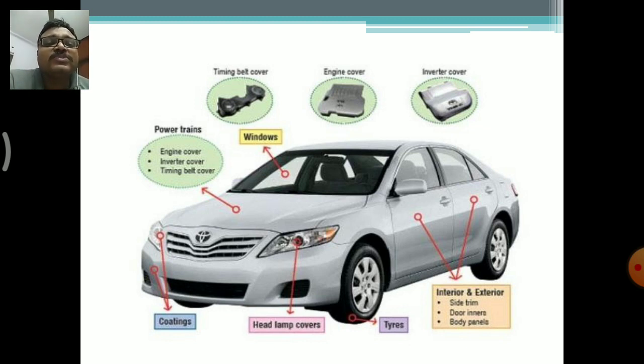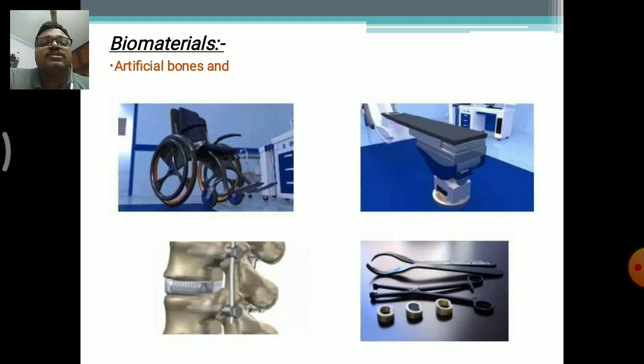Next, power trains also, so these are used in gearboxes and power trains. Next, in a recent transformation, they are being used in windows also. Lightweight and very hard glass windows are coming in the automobile industry, even up to bulletproof. These windows are also manufactured with FGMs, that is functionally graded materials.